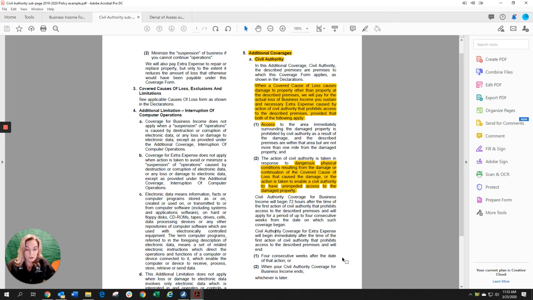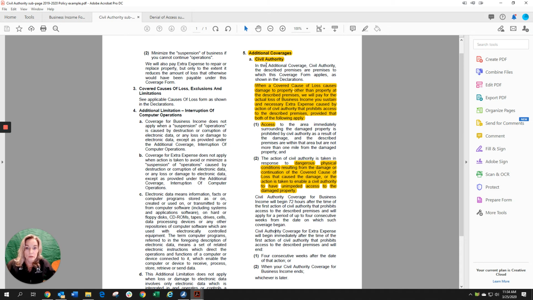Do note down here that civil authority always has some sort of limitation. In this form, it's four weeks. So if I was closed down more than four weeks, my own insurance, if I'm the gym or the retail store, wouldn't cover. My business income as a restaurant usually continues for 12 months, and that's typically what it is, unless you have a form that limits it, restricts it, has a time frame, monthly limitation. There are a lot of different forms out there, so you really need to read your form.